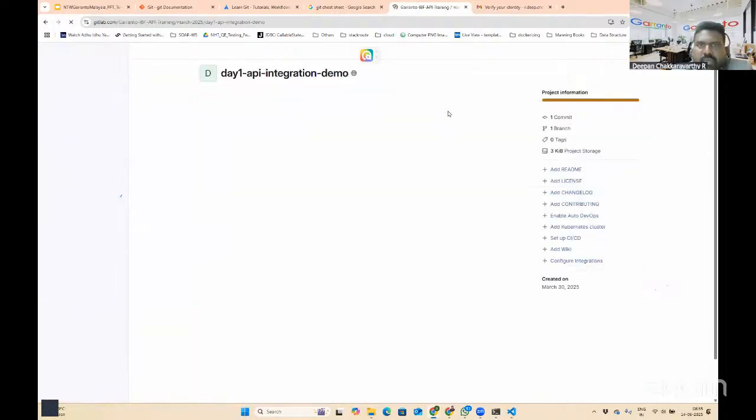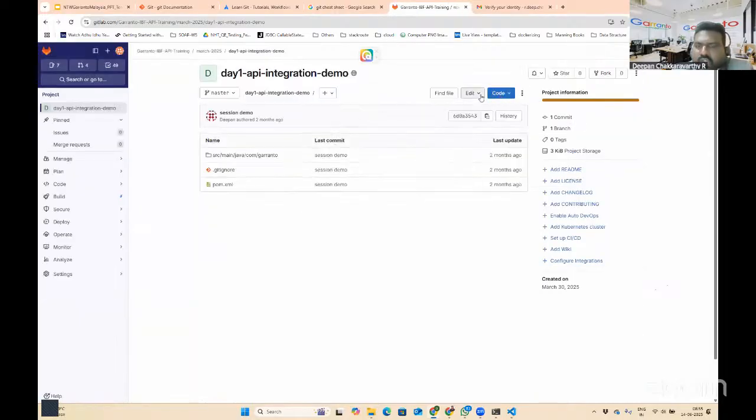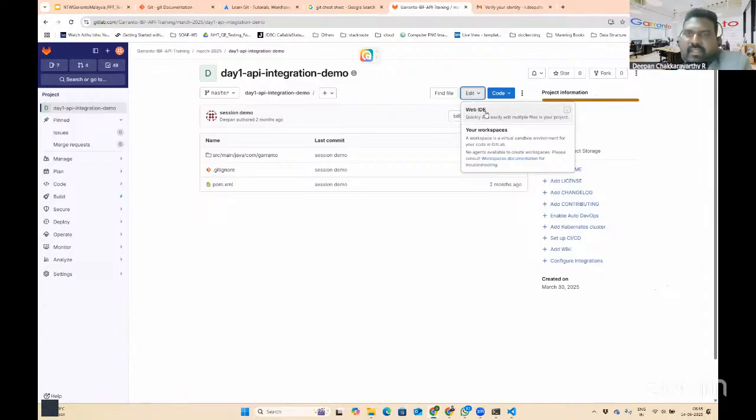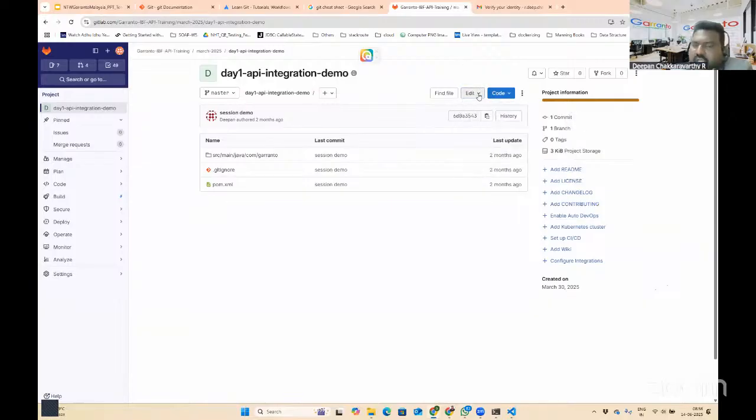You can manage your repository online, and here you can also edit. Most of these Git platforms come with a web IDE, their own IDE, for small changes. There are also cloud-based editors now, so you can make changes entirely in the browser itself. You don't even need a local editor. For simple changes you can edit, and by default it comes with the editor.